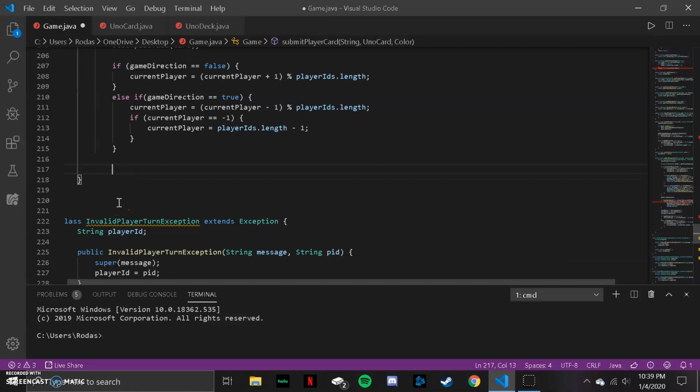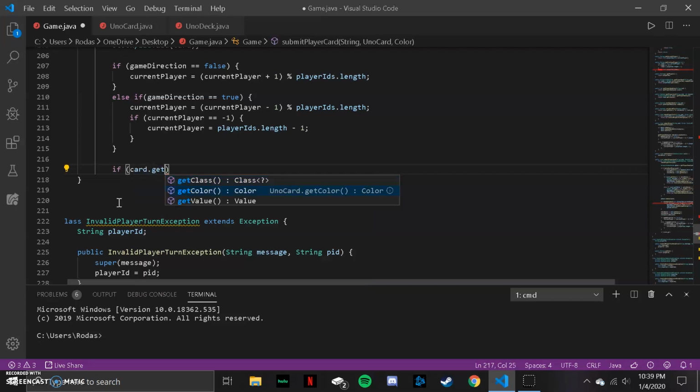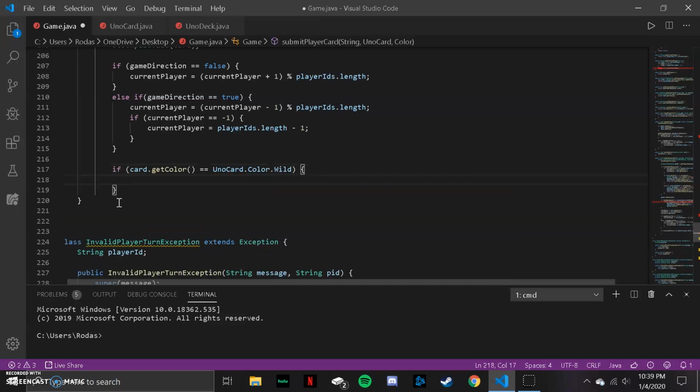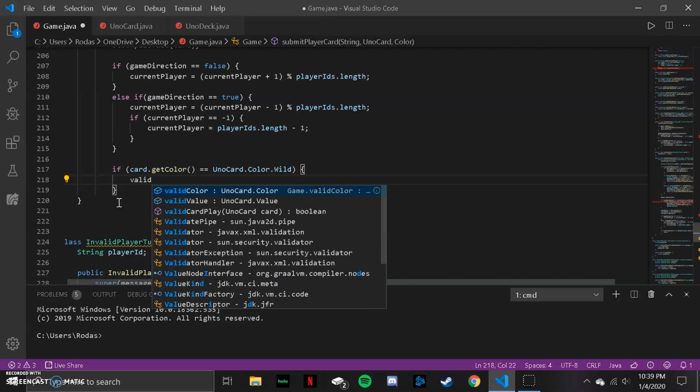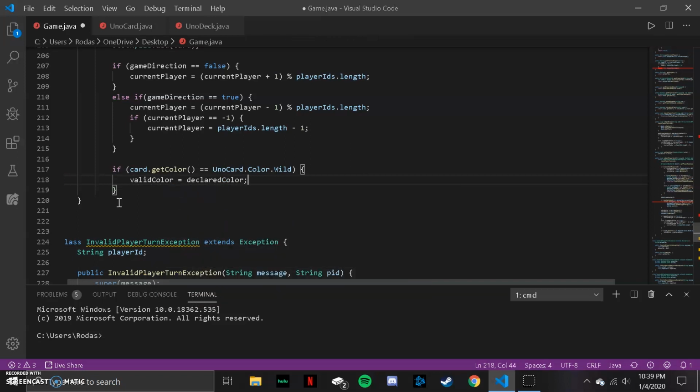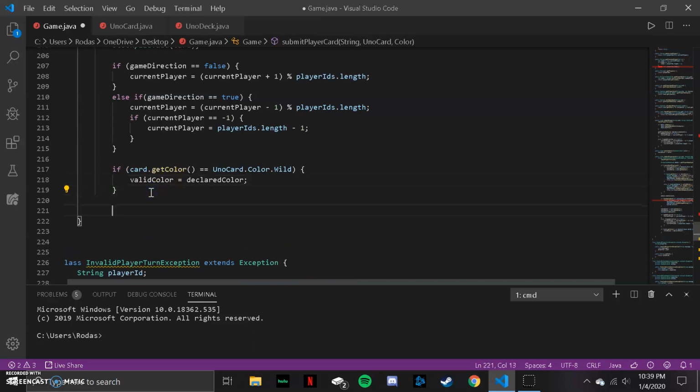Alright, so the next thing we're going to do is check if the card color is wild. So do this by saying card.getColor is equal to Color.wild. Then say the valid color is equal to the declared color. Set the declared color to be the valid color. So the next thing we're going to do is say if the